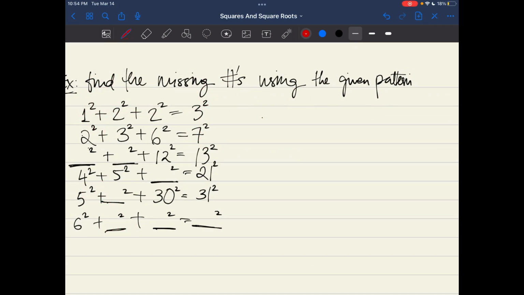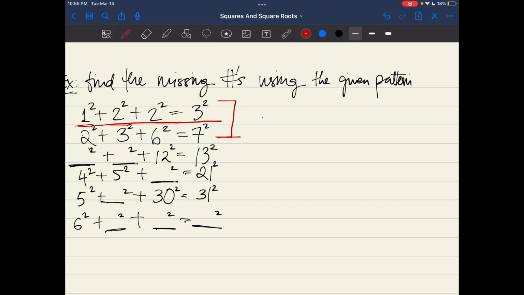Now let's move on to the next question. Next question says, find the missing numbers using the given pattern. So we see here we have 1 squared plus 2 squared plus 2 squared equals 3 squared, right? And now we see the next one is 2 squared plus 3 squared plus 6 squared equals 7 squared. And then the next one is dash squared plus dash squared plus 12 squared equals 13 squared. Now, using these first two lines that have been given to us, completely filled out, let's see what the pattern